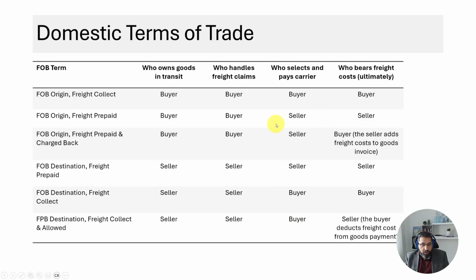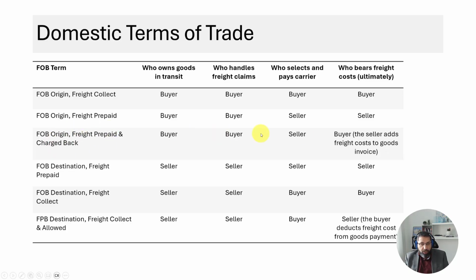If you understood column 3, all you're going to do is, wherever it says something after prepaid or collect, like "and chargeback" or "and allowed," that's where you're going to flip it. So if it's seller and it says "and chargeback," you flip the seller to buyer. Otherwise, if there's no "and chargeback" or "and allowed" at the end of prepaid or collect, then simply the third column becomes the fourth column. But whenever there's an "and," that means you're going to flip the responsibility because you're going to charge it back